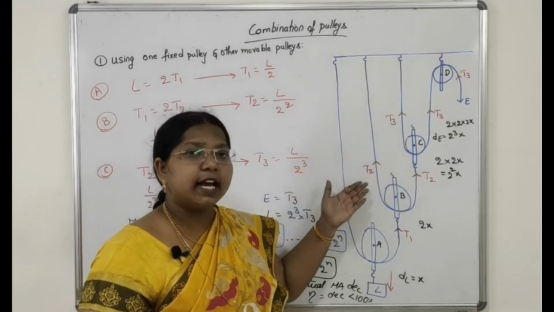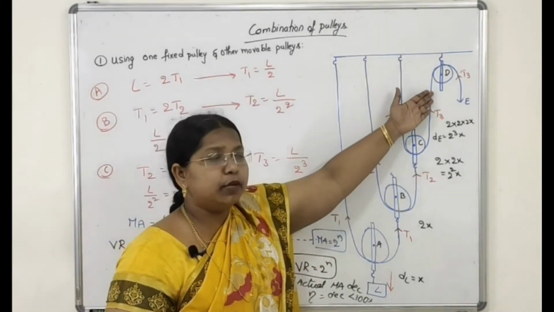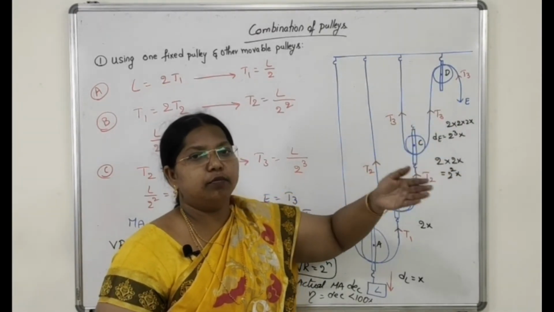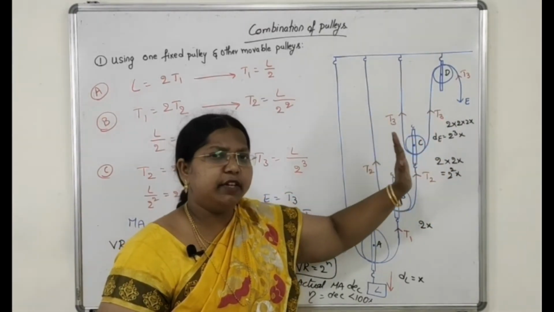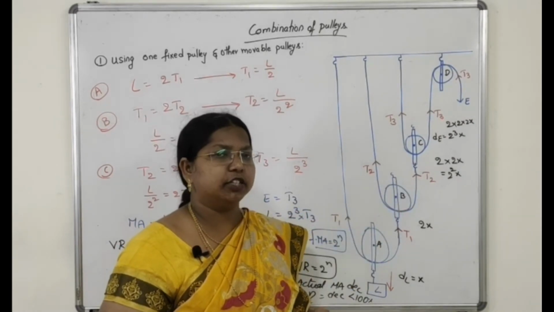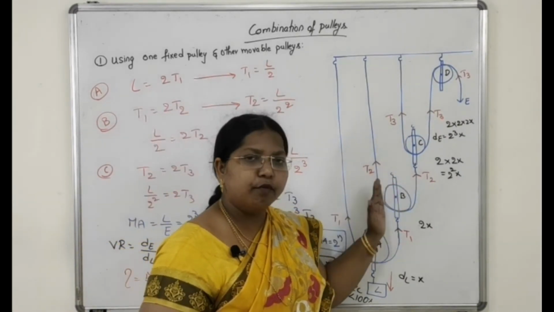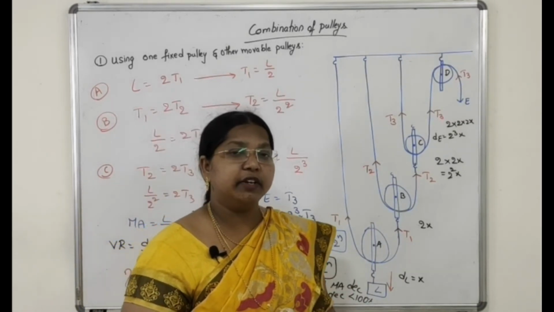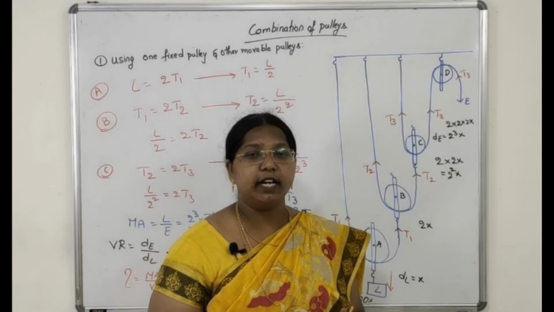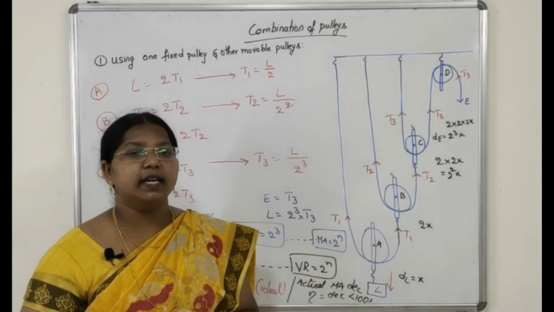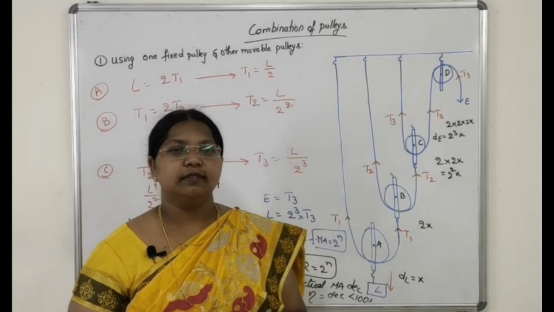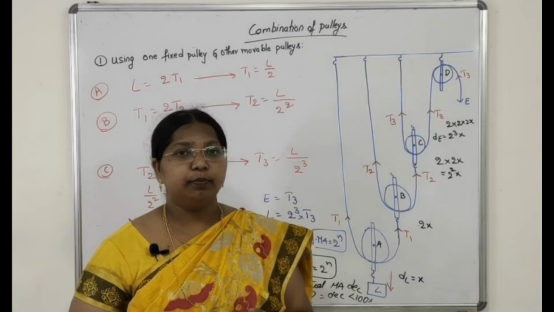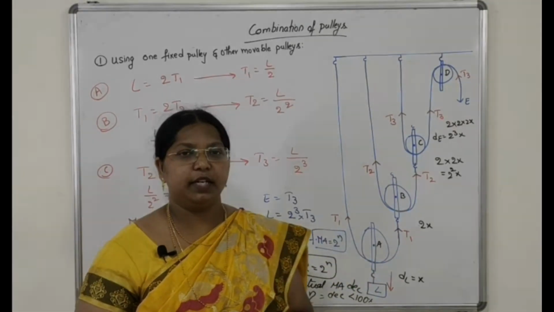Using this type of combination, this fixed pulley is used to change the overall direction into the downward. So we can use our own body weight also here, which is convenient to use the effort in downward direction. By increasing the number of movable pulleys, the mechanical advantage can be increased, so the heavy loads can be lifted or shifted. Is it clear students?